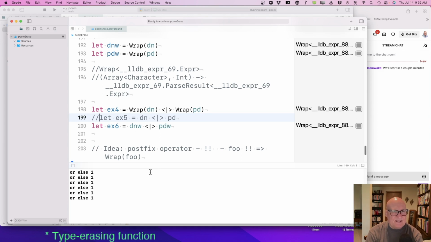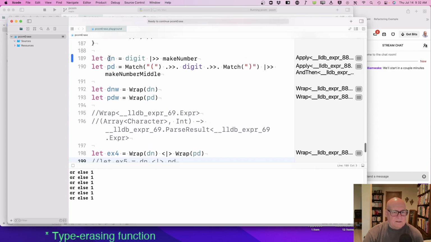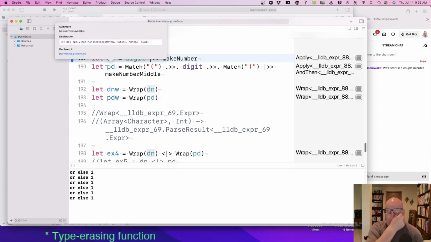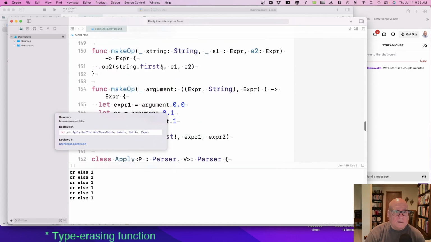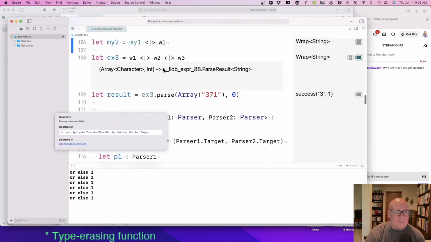So it looks like my OrElse is producing a DN type. Okay, let's get these again. DN apply match expert. This thing is that. Can I wrap the insides?